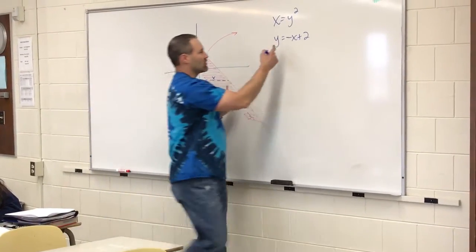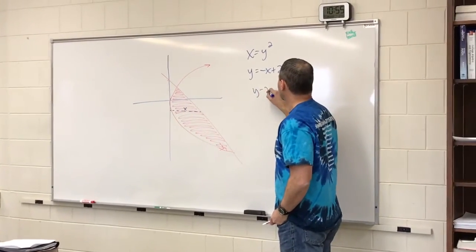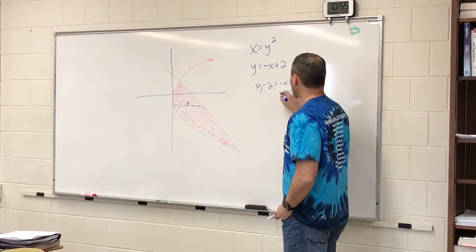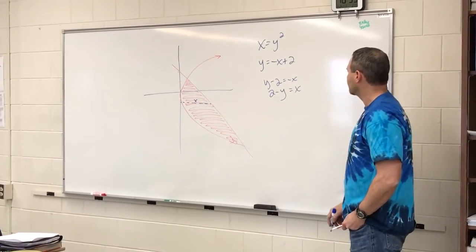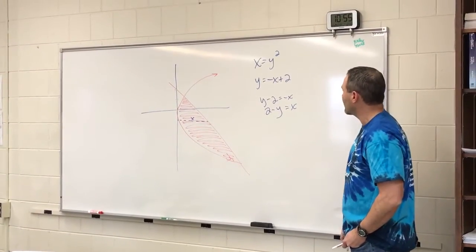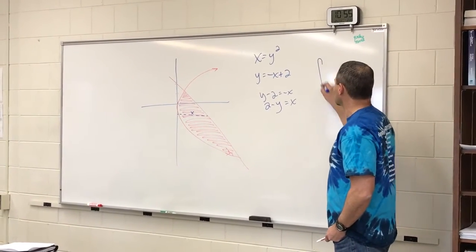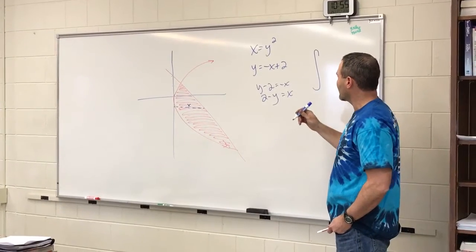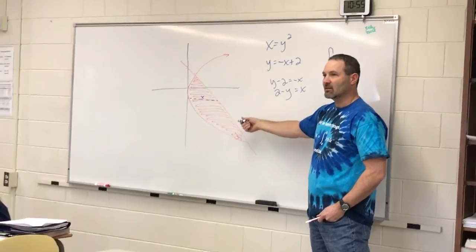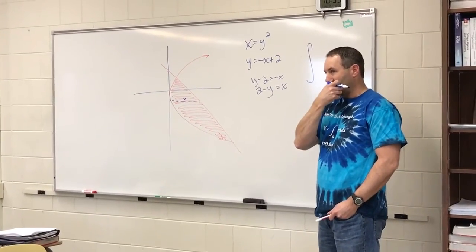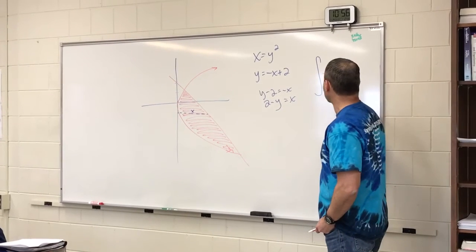So that's y equals negative x plus 2, so we could solve for x. So x would be 2 minus y. And that one's already solved for x. So we integrate right, which is the line, right? Correct? So the line, in terms of y, is